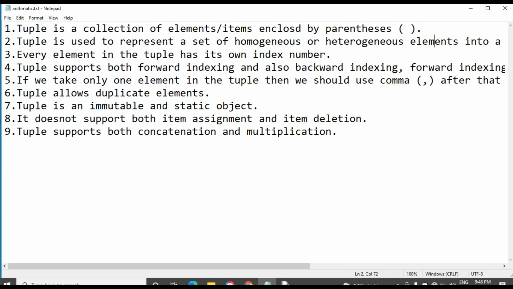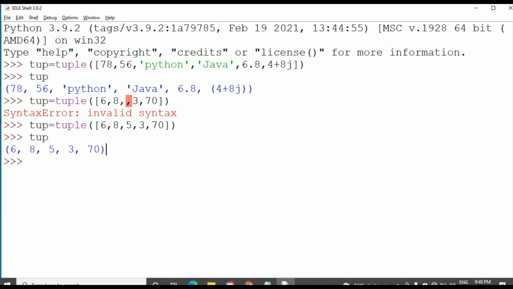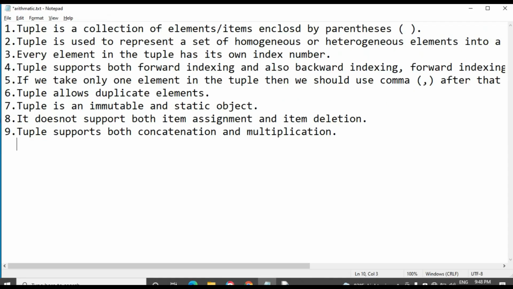Then the next point is that every element in the tuple has its own index number. For example, I have taken this tuple, and each element has its own index number: 0, 1, 2, 3, 4.